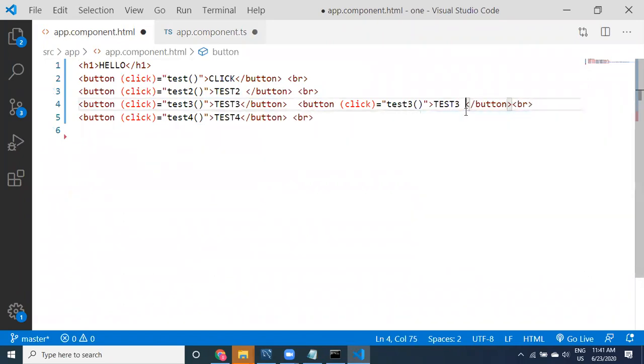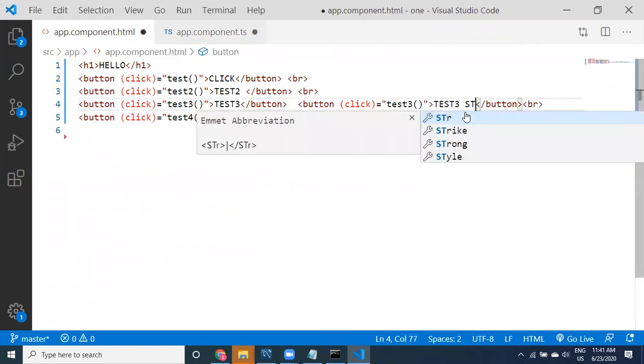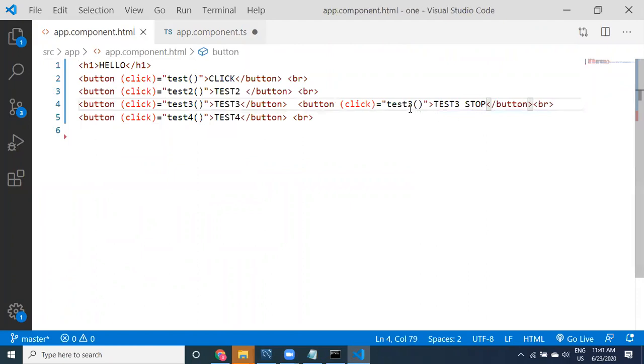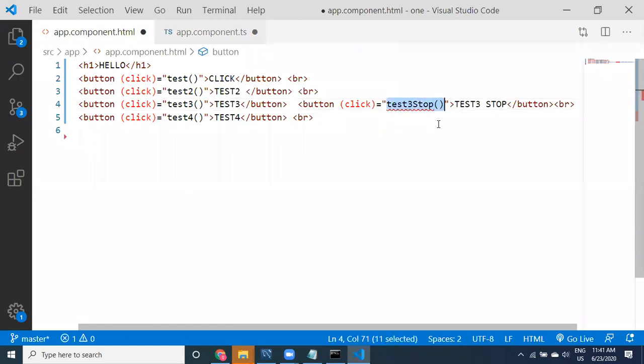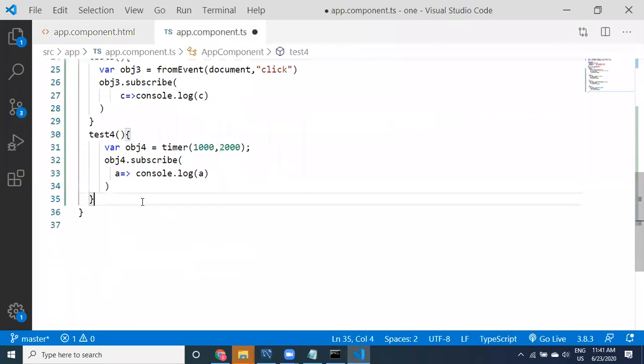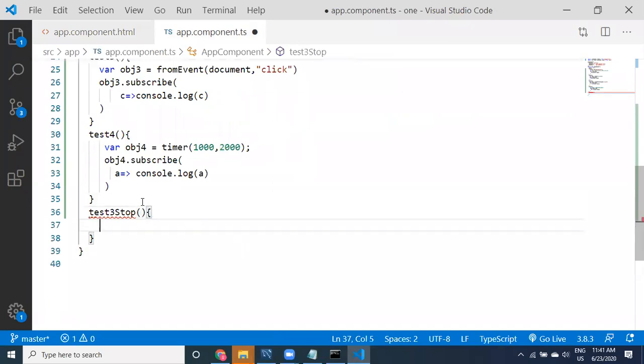See here, guys, I have just taken it like this. I'm going to take test 3 stop.